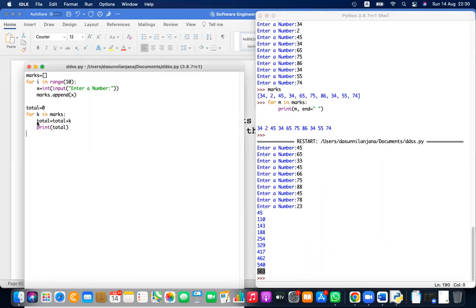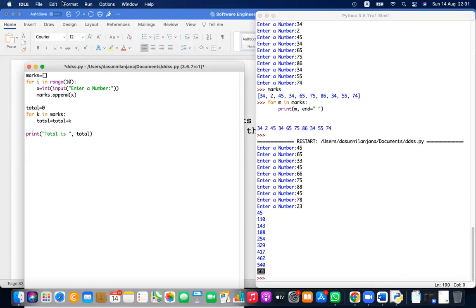Actually, you can print the final total if you indent this the other way. Because this is inside the loop, that is why the total is printed 10 times. But if it is outside the loop, that means if you outdent, without indenting, if you remove that indent, so this is outside the for loop, you can say total is, even with a message,